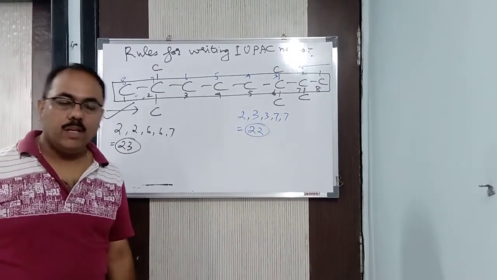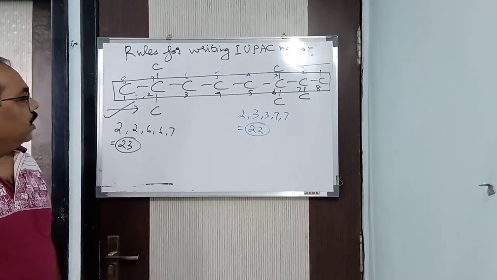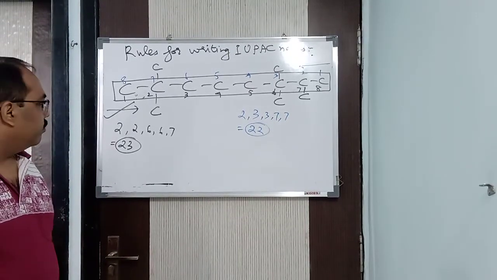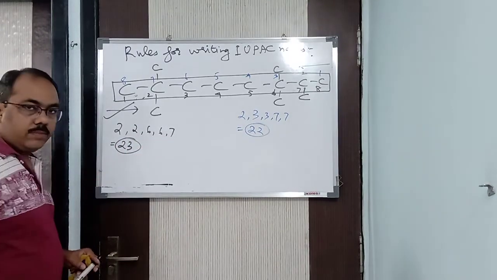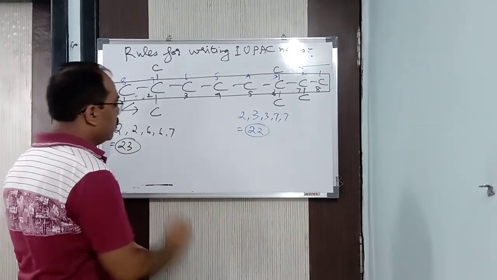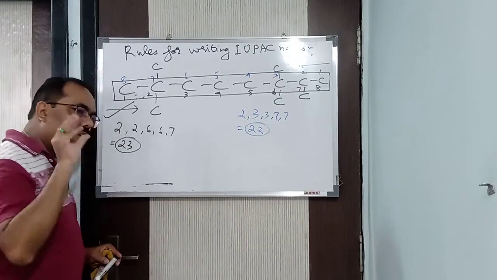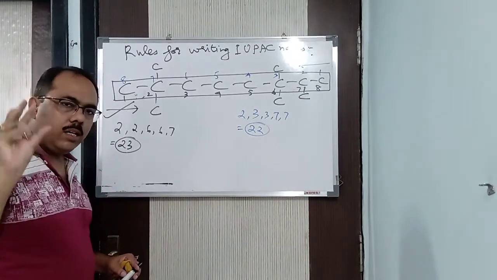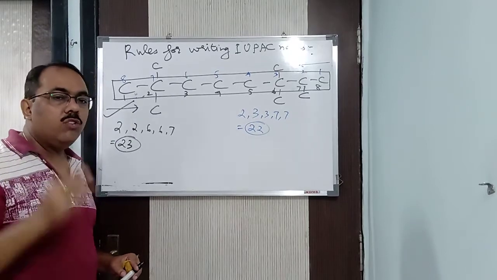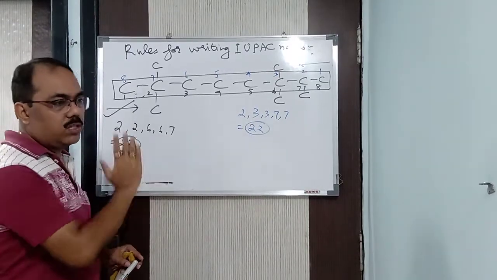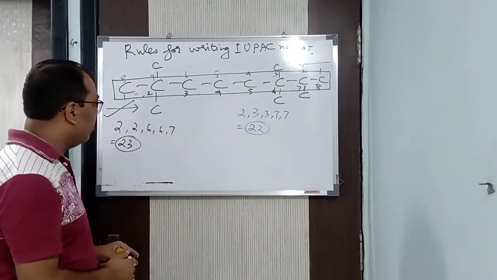So understood now? Now the next thing is that while writing the IUPAC name, what you need to do is that, see, I have given commas for the locants. Yes, you have to give commas for the locants. And now listen carefully, if a particular branch appears twice, thrice, then you give the numerical prefixes to it. Before writing the prefixes, you give the numerical prefixes.